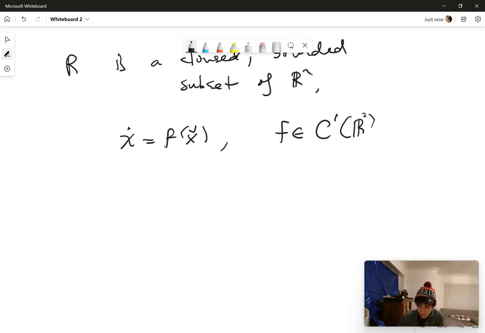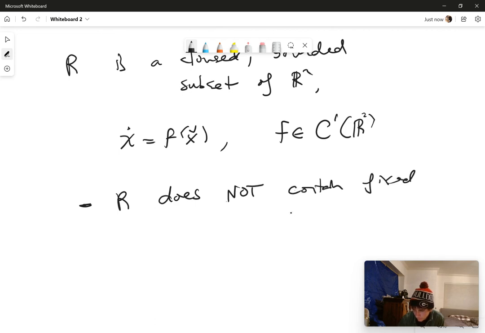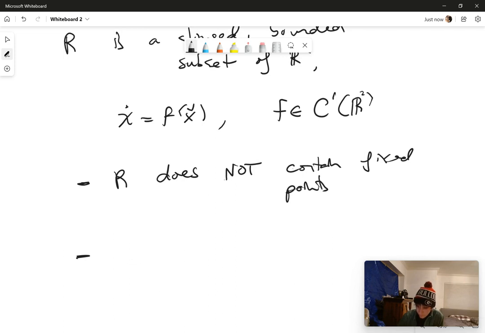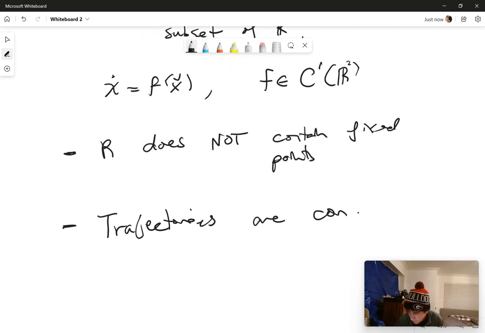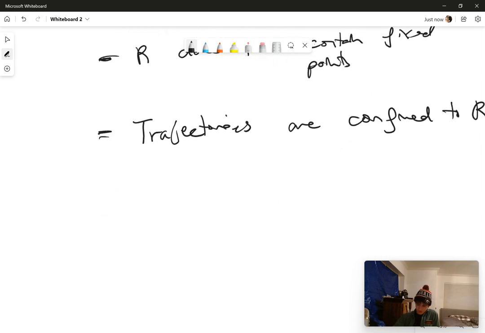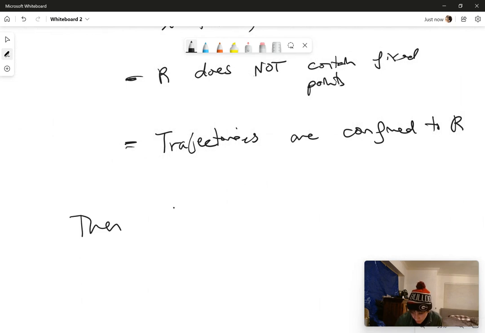And then the key criteria: first, R does not contain any fixed points. And secondly, the trajectories are confined to R. So once a trajectory starts in R, it must stay there for all time. If we can show that these two conditions hold, then the theorem says that there exists a closed orbit